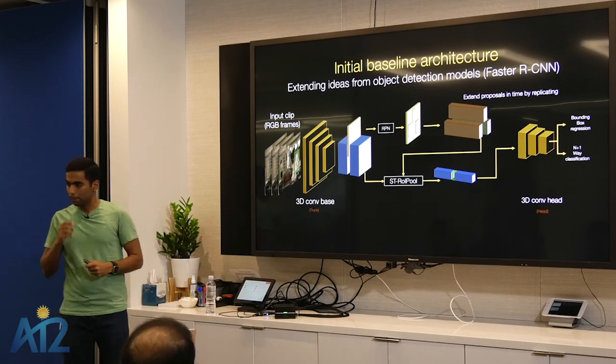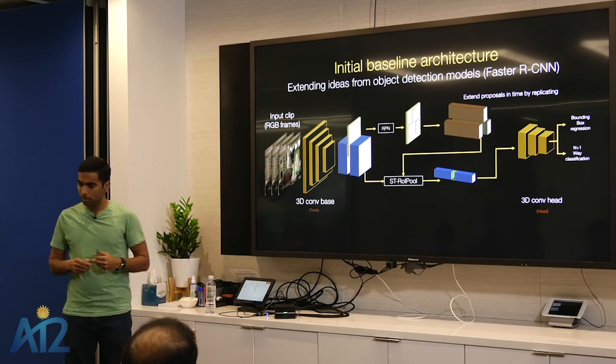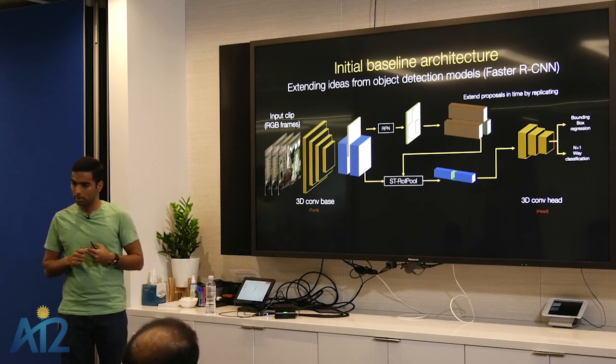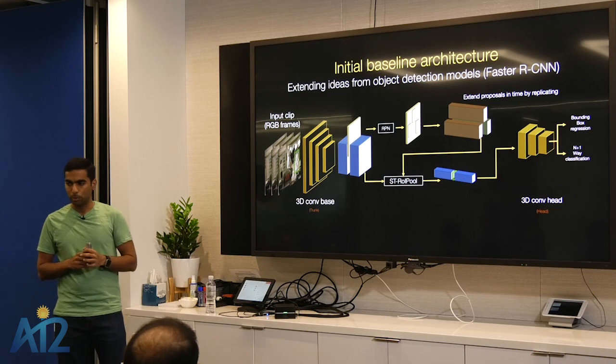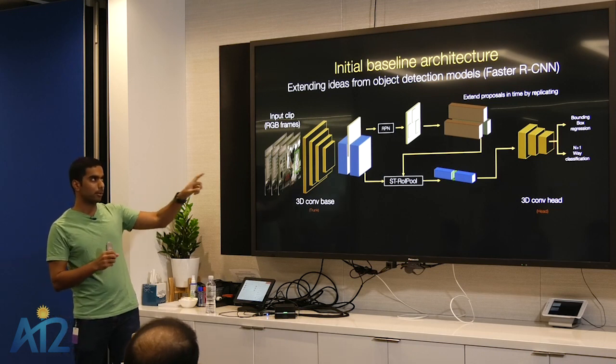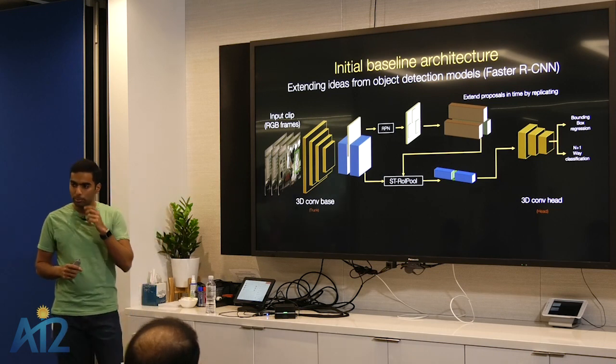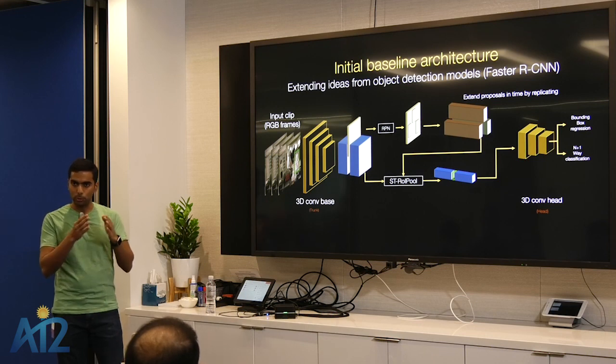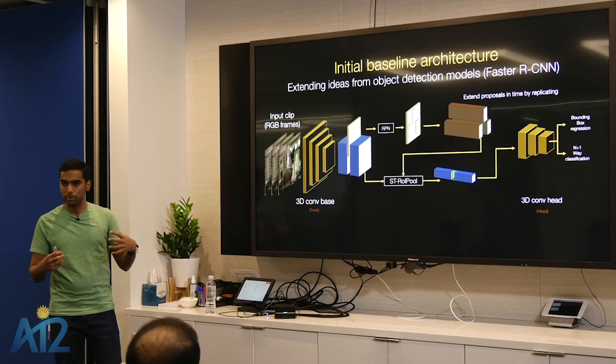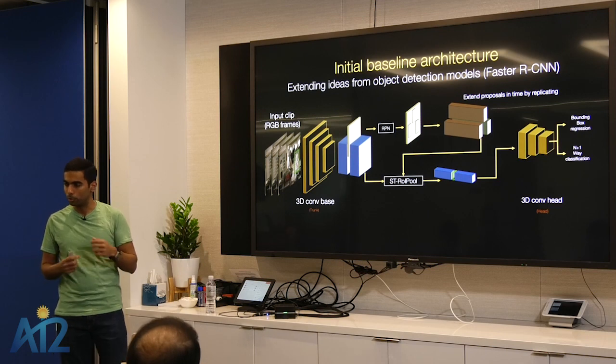Question: Does the bounding box regression regress different bounding boxes in each frame to account for motion between frames? No. Bounding box regression is still at the keyframe level, because the way the task is defined is that you're only trying to recognize the boxes in the keyframe. And the only reason we are stretching in time is just to capture some amount of context. And we are not really evaluating if the tubes are good or not.